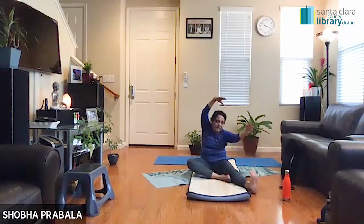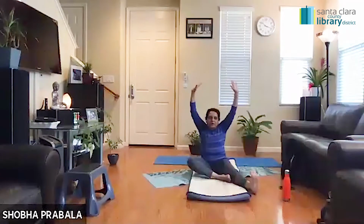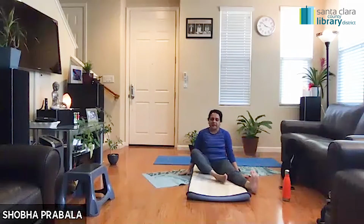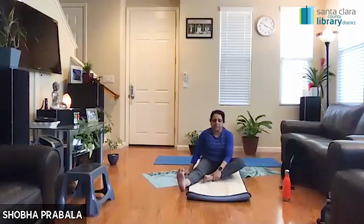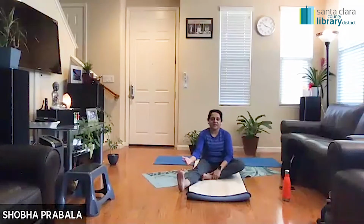Very slowly as you inhale, take your hands all the way up. Circle your hands, gently place your hands down and let's switch legs. Extend your right leg out, bring your left leg in and we're going to take the heels, flex the feet, pressing your left kneecap down towards the ground. Sitting up nice and tall,